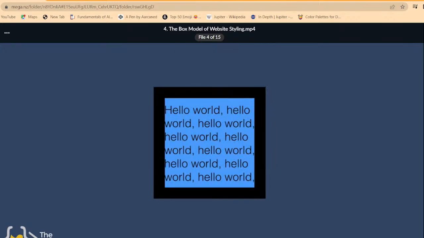Now, let's take this one step further. Let's say that we had some content in our div or in our box. Now, let's say that we had some text, for example. The first thing that we remember is that even if our div or our box had no height and no width, it will have the height and width in order to fit our content. Now, let's say that we didn't like the way that this looked. We want to have a little bit of padding or a little bit of space between the text and the edge of the element or where the border